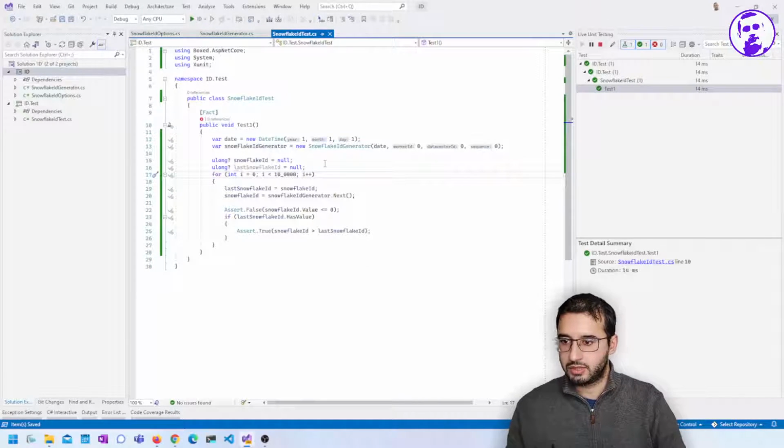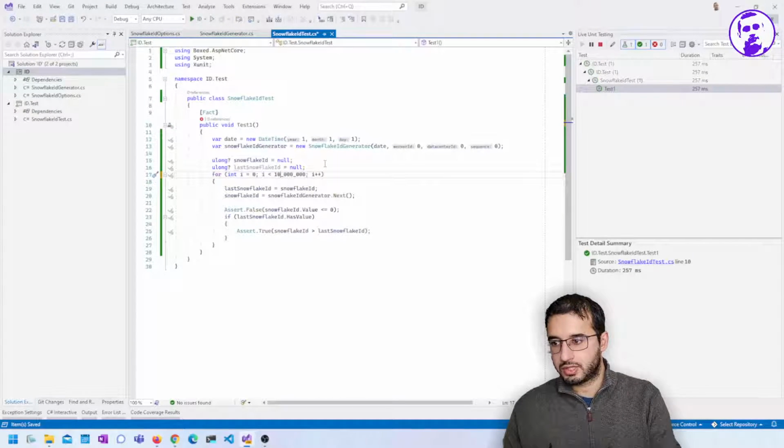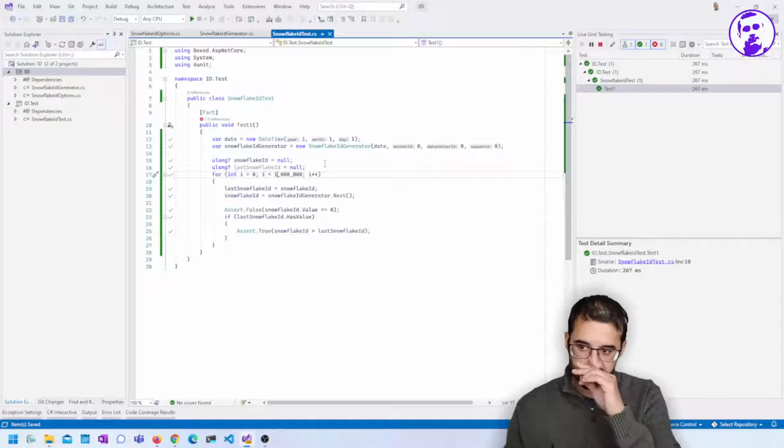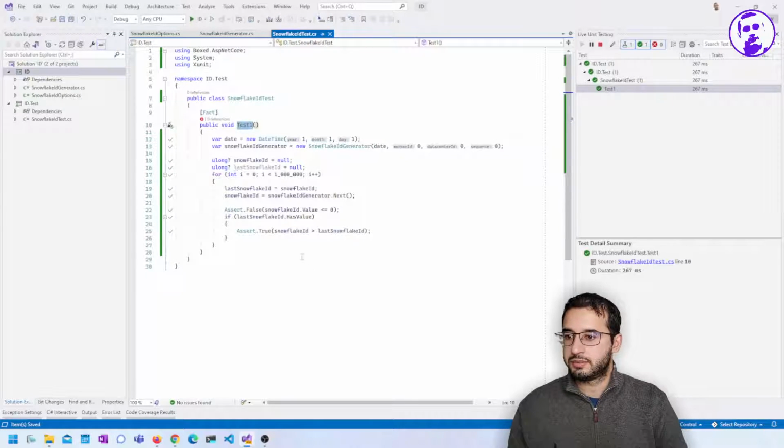I wonder how many we can do here without overloading our test runner over here. So it's starting to take 2.5 seconds. If we do 1,000,000, that's 267 milliseconds. That's not too bad. So we want to make sure that